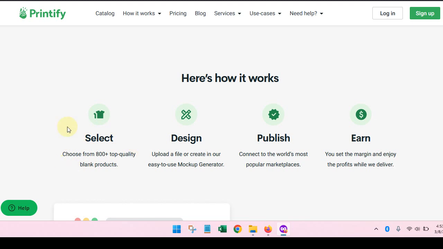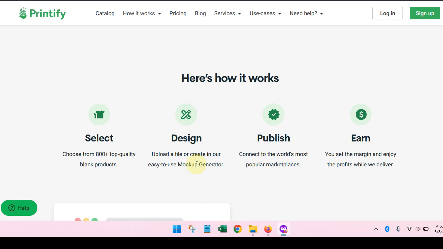So then once you've chosen your products, you want to start designing. And you may already have designs that you might want to use on various products. So if you have designs, you can just start designing these products and getting your designs on the actual products, and then creating